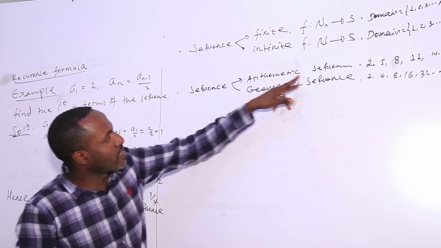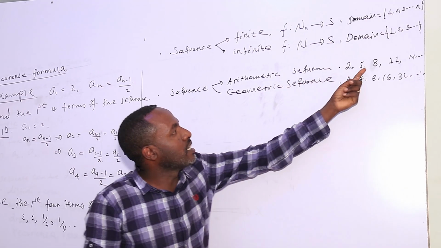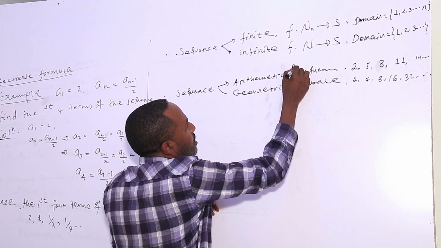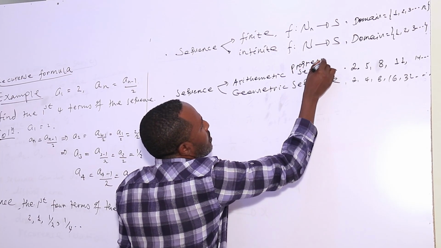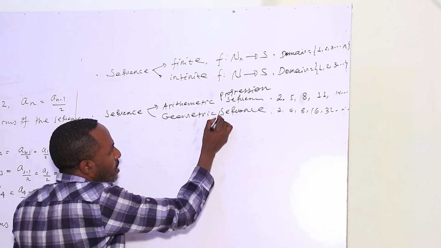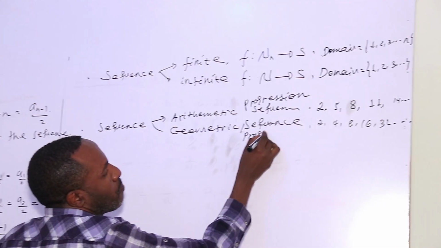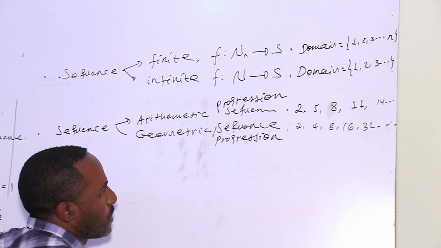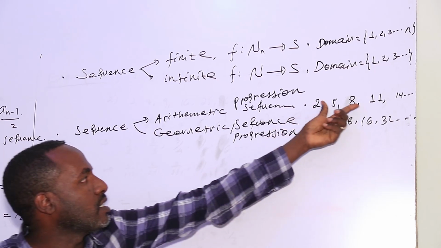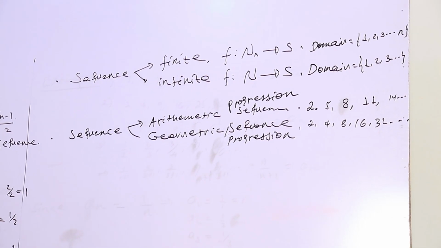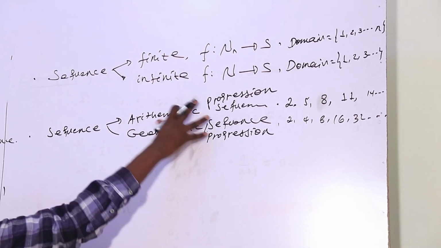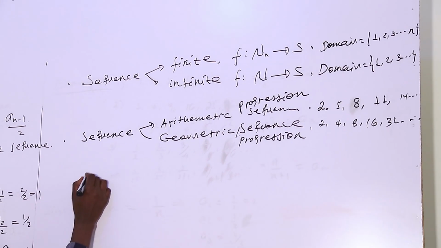Whereas in the case of arithmetic sequence, sometimes this arithmetic sequence is known as the arithmetic progression. Sometimes this geometric sequence is known as the geometric progressions. So in this case, the ratio between two consecutive terms is constant, and in the other, the difference between two consecutive terms is constant. To see them in detail, we can say the first part is the